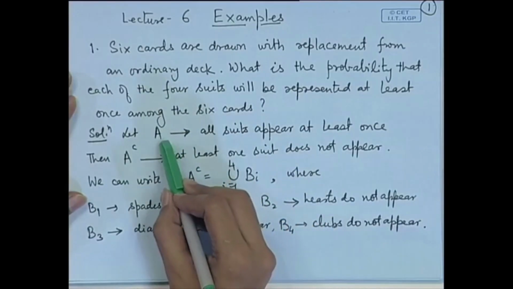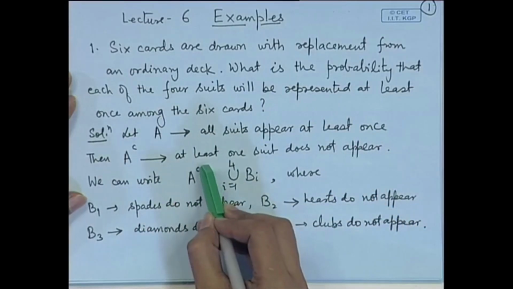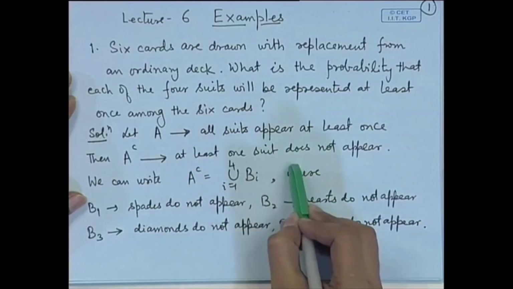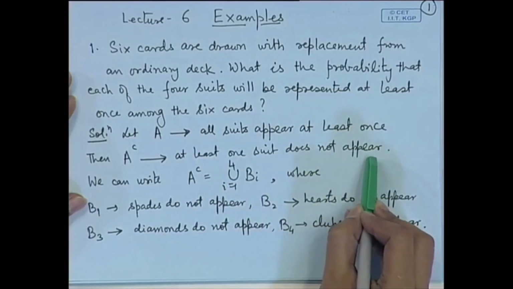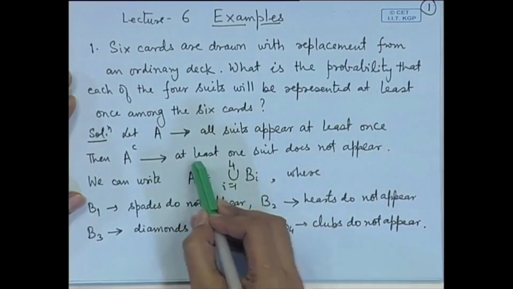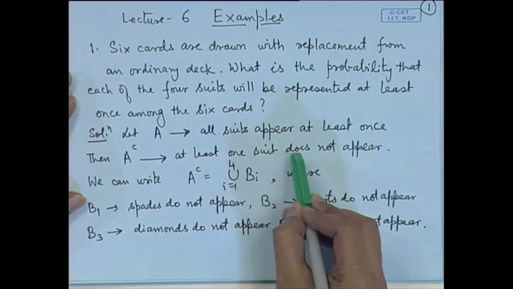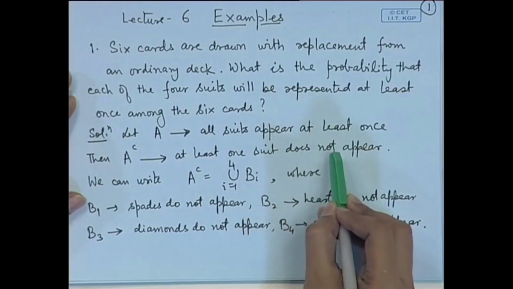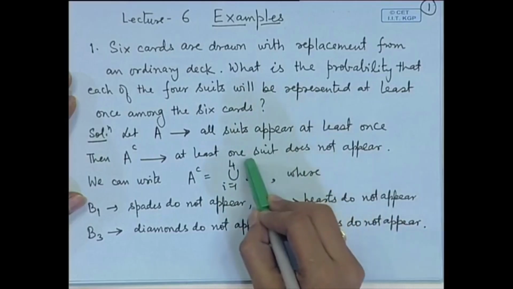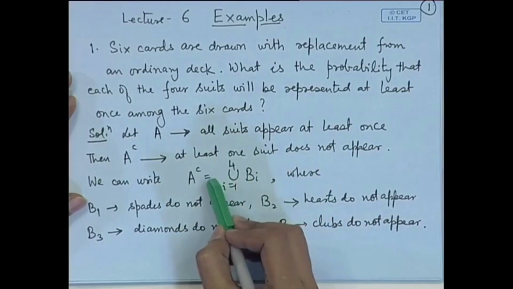So, let us consider the event A as that all the suits appear at least once. Then A complement denotes the event that at least one suit does not appear. Once again, if we try to decompose it directly by saying that exactly one suit does not appear, exactly 2 suits do not appear, exactly 3 suits do not appear, then it is going to be a complicated event. So, we represent this as a different union